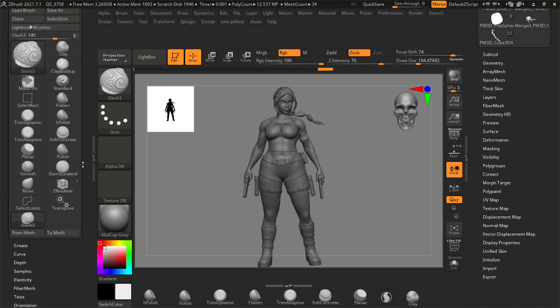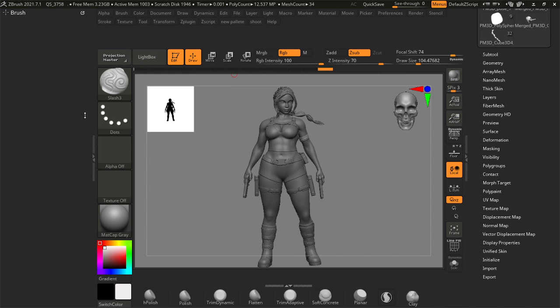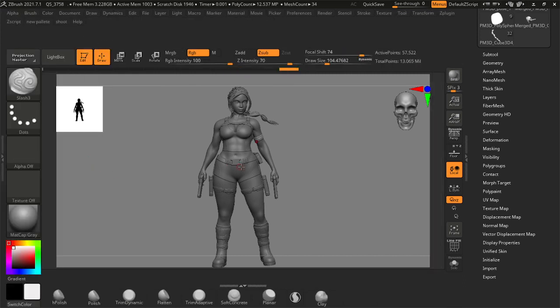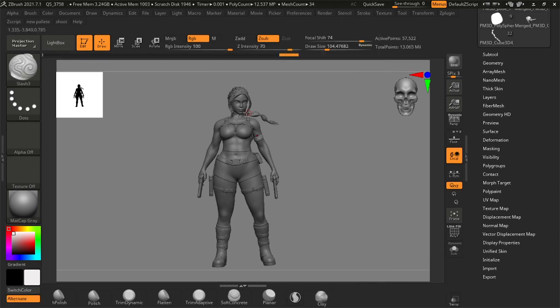Okay, done with this. Okay, so I have told you how you can make your own interface palette to make your workflow faster. So enable disable customize, make it disable. Okay,